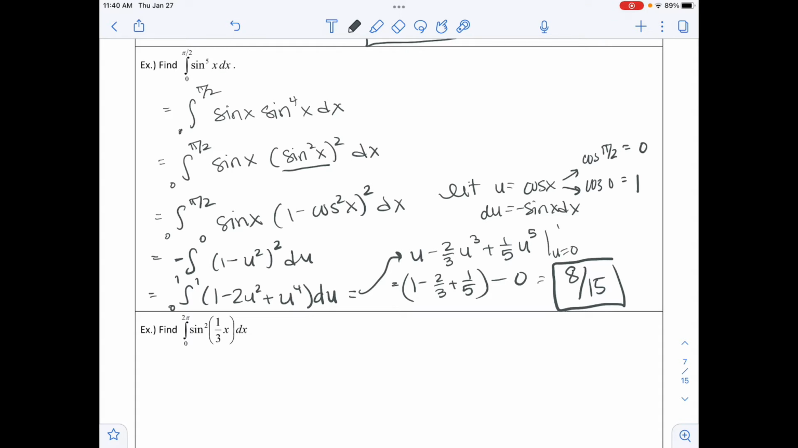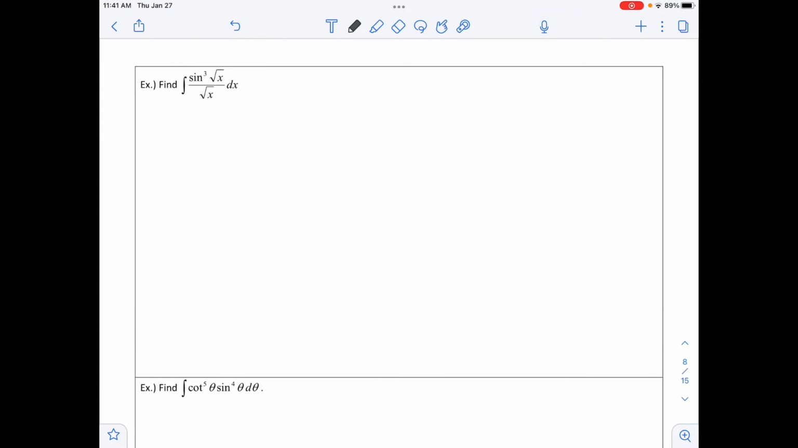So the next example that we have, I'm going to go ahead and circle, and we'll look at that one together in class. The example on the next page says find the integral of sine cubed square root of x divided by the square root of x dx. First thing I notice is that I have that extra square root of x in the denominator there, and I'm going to go ahead and try to rewrite this, and I'm going to let